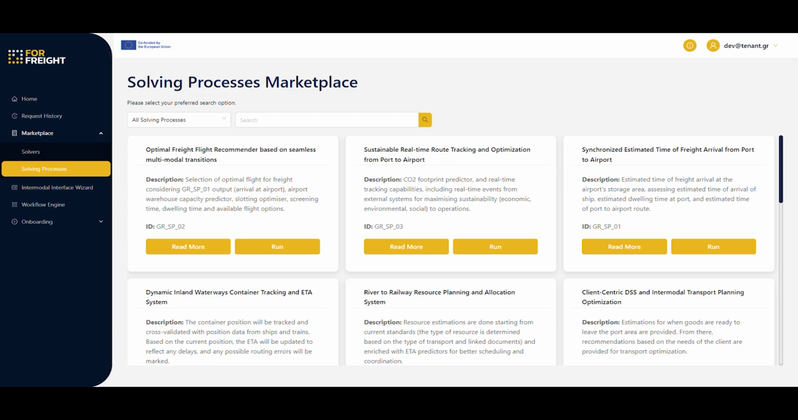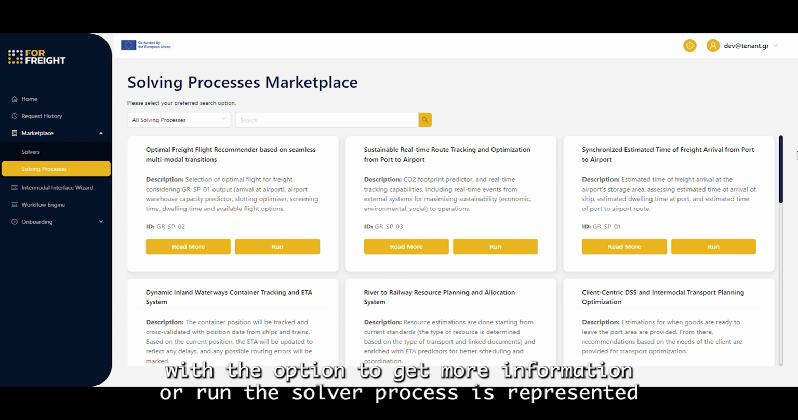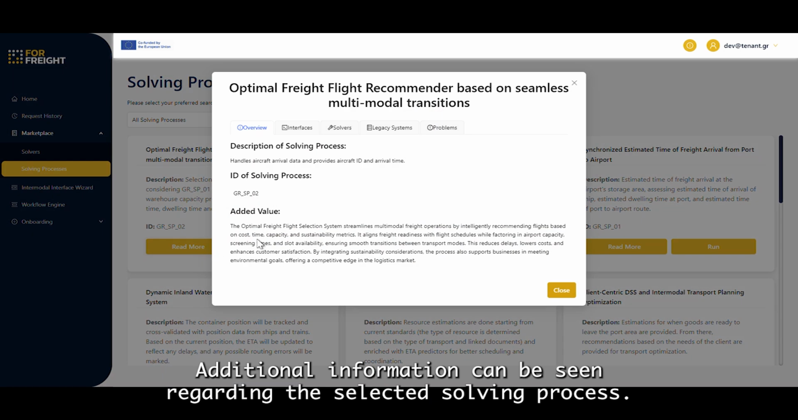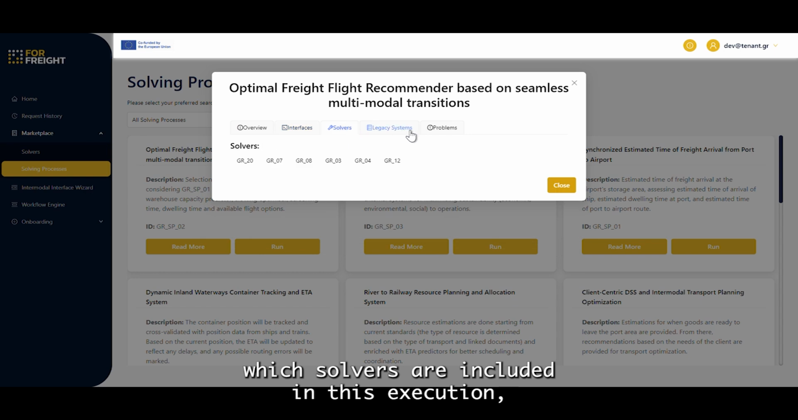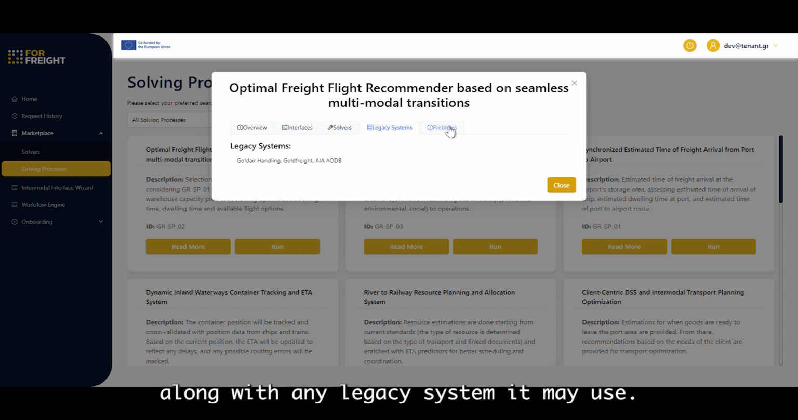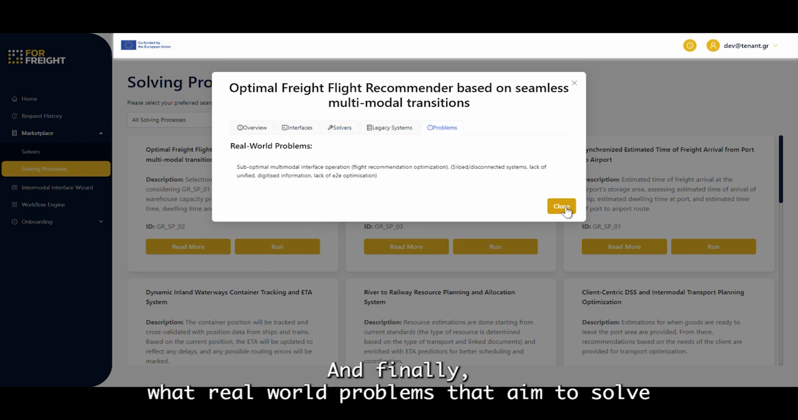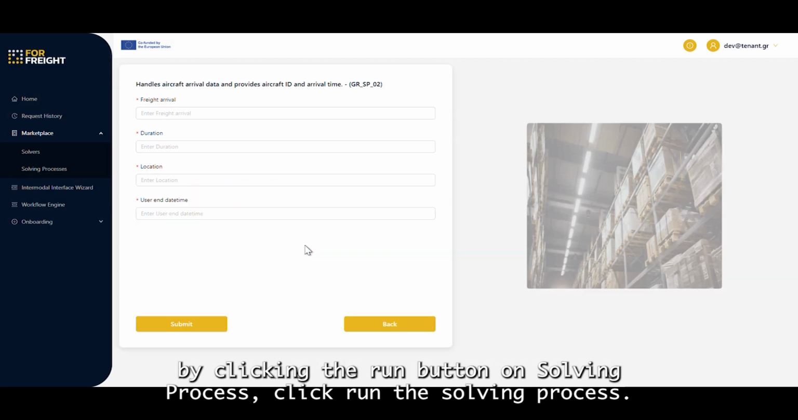The Solving Process Marketplace is presented in a similar fashion to the Solver Marketplace, where a list of available solving processes, with the option to get more information or run the solving processes, are presented. By clicking the Read More button, additional information can be seen regarding the selected solving process. This information includes its overview, the intermodal interfaces it affects, which solvers are included in its execution, along with any legacy system it may use, and finally what real-world problems it aims to solve. By clicking the Run button on a solving process,